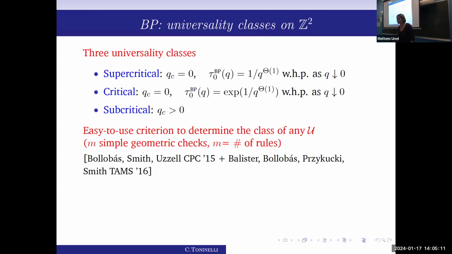So in this subcritical case, at the critical points, the subcritical case is the least understood. I do have a slide at the end to say that not only for our stochastic dynamics, because I will give you a result in a second, but even for the Bootstrap, it's wide open. I think that the only results in this setting, besides the results that allow to identify which are the subcritical models and which are those that have QC equal to 1, there is nothing else. So Ivailo Artalski at the beginning of his thesis had a result on identifying